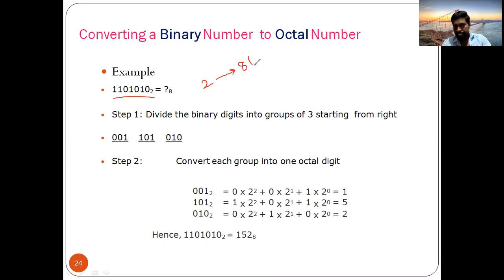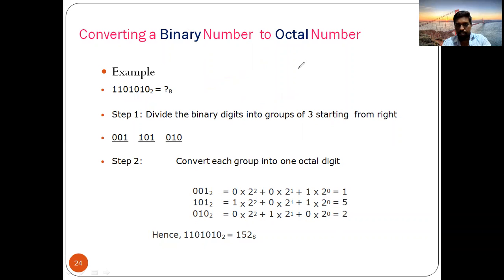So what is 8? 2 power 3. Therefore, you should combine 3 bits as a group from right side to left side. Okay, your process should start from the right side to the left position. So when you see here, I will change the color. These 3 bits will be one group. These 3 bits will be one group. Okay, let me write that.